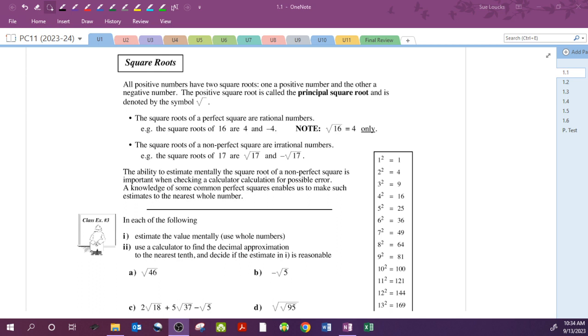So if you're starting with 4, you can multiply 2 times 2 to get 4, or you can multiply -2 times -2 to get 4. So there is a positive and negative. What we call the principal square root